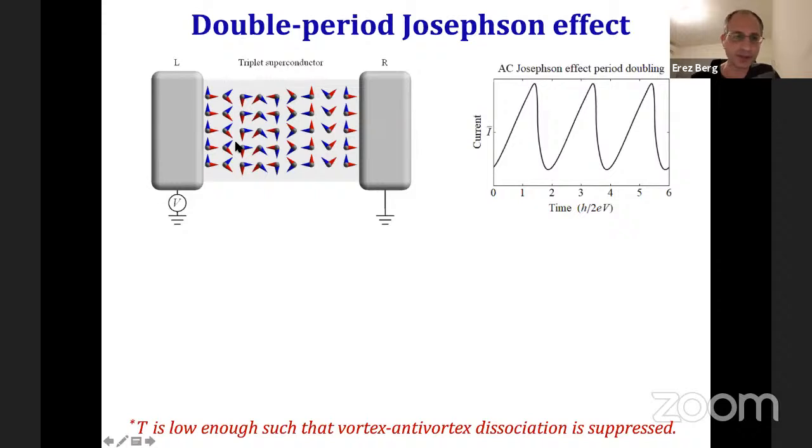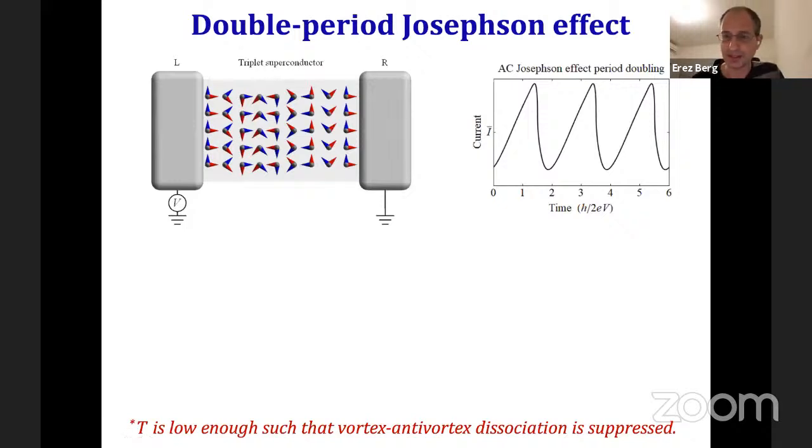But at some point, the current would reach this critical current value where there's no energy barrier to do a continuous relaxation process. Then what we expect is that the current would drop rapidly below the value of the critical current, and then it would start rising linearly again. Now notice that the time it takes between these events is the time it takes to accumulate a phase of 4 pi, not 2 pi.